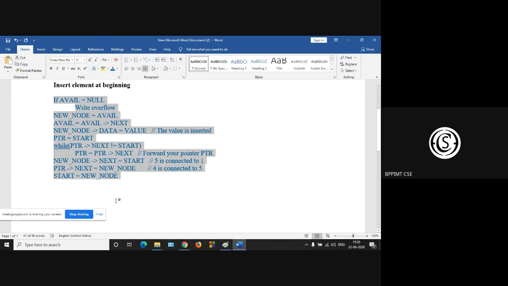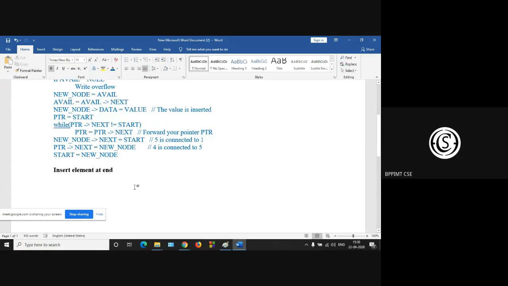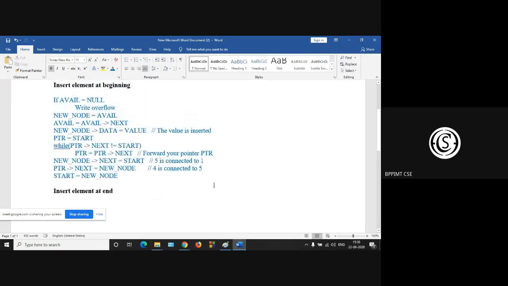Now insert the element at the end. Insert element at end. How to write?